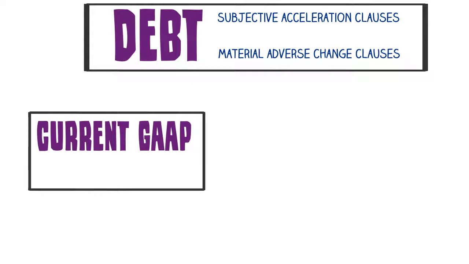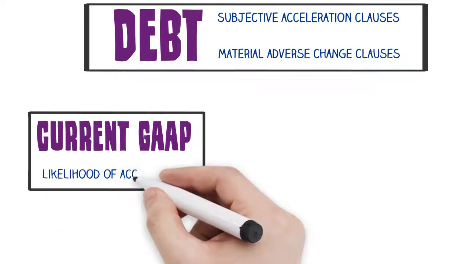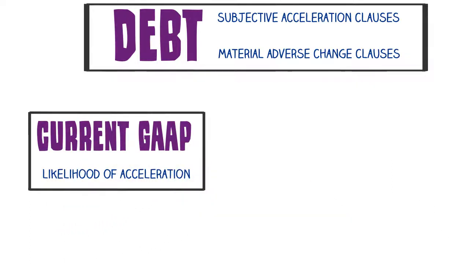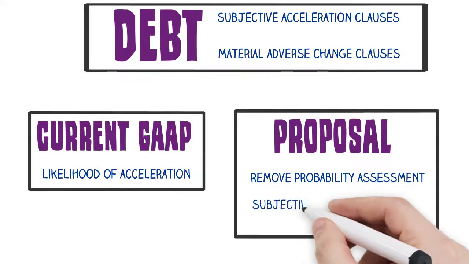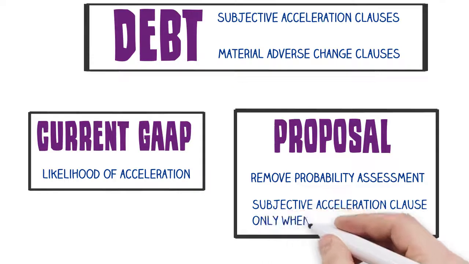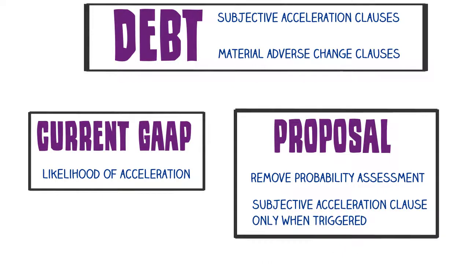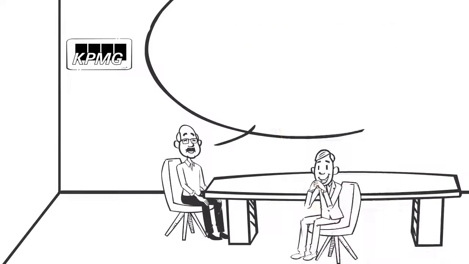One example where there is expected to be a change in classification as a result of the proposal is for debt that contains subjective acceleration clauses or material adverse change clauses. Current U.S. GAAP requires entities to consider the likelihood of acceleration when determining classification. The proposal would remove that probability assessment, and a subjective acceleration clause would impact classification only when it is triggered. So far, we have